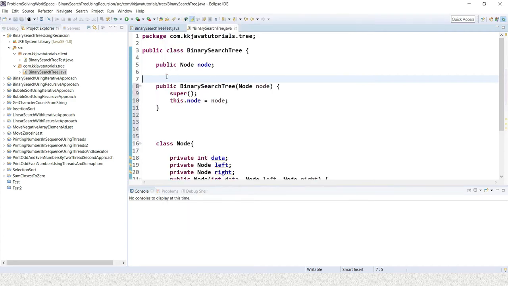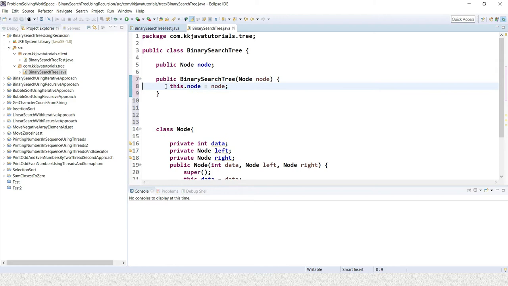Okay, I have created a constructor. This super key is not needed at all, and here I will create a constructor of a binary search tree, and here node is declared over here.